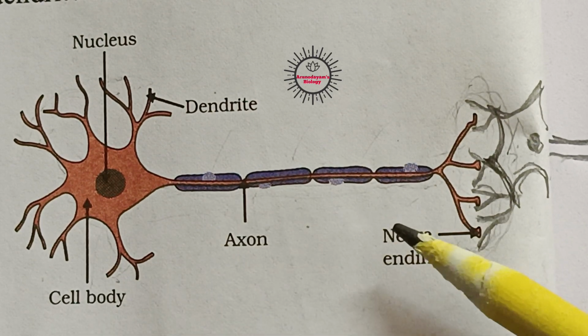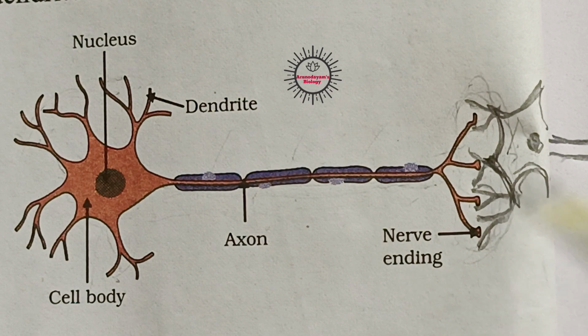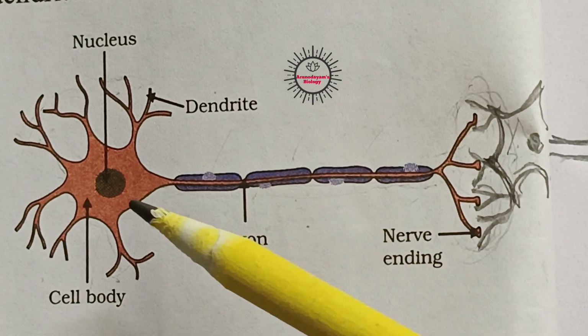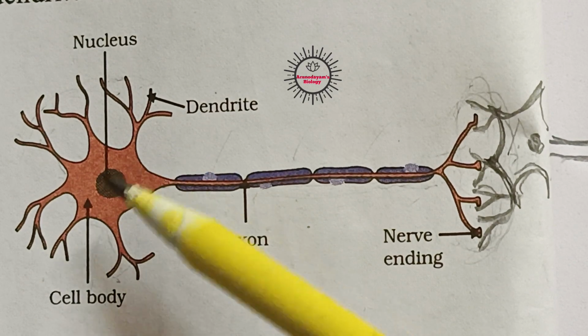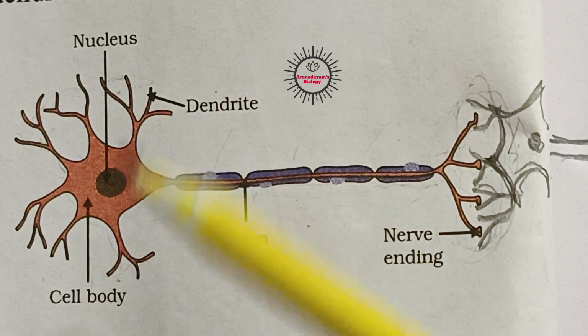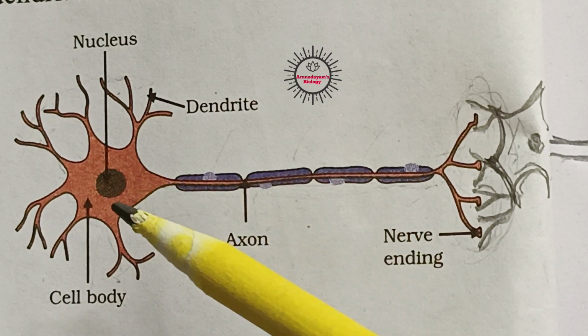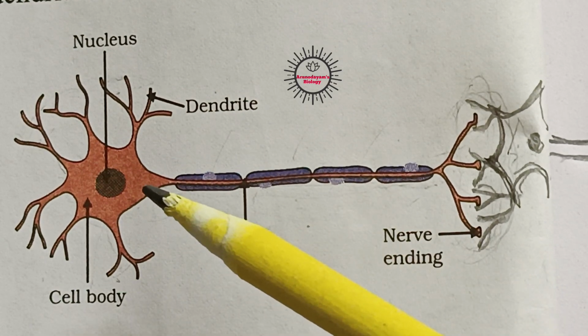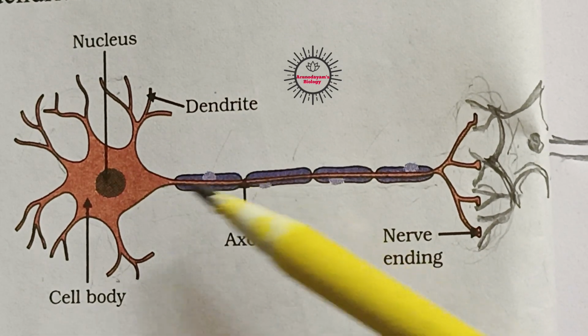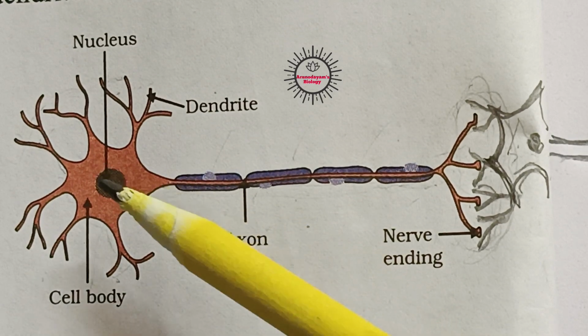This is the structure of a nerve cell. It has four parts. First, the center part is called the cell body or cyton, which contains a nucleus and Nissl granules. This is called the synthetic site for the neuron. Why? Because all the things which could be done in the nerve cell will be prepared in